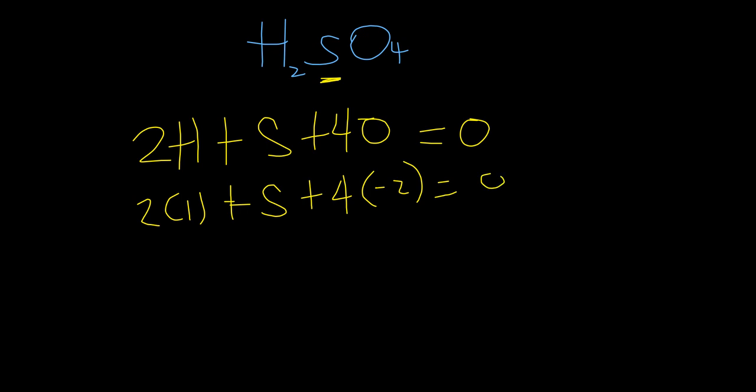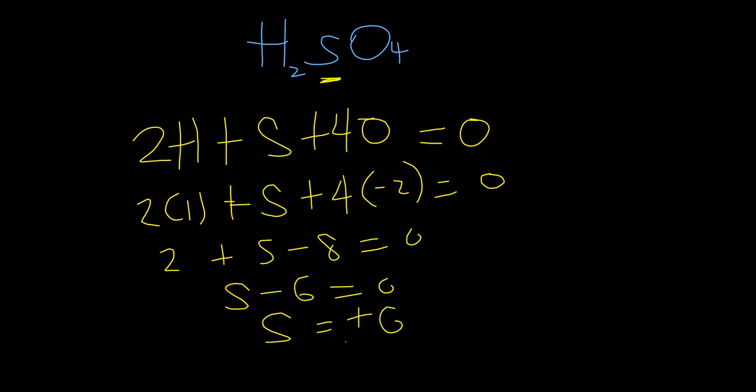This now becomes mathematics. We would use this to determine the charge of the sulfur. So this will give us 2 plus the sulfur minus 8. 4 times -2 is -8, equals 0. So our sulfur 2 minus 8 will give us -6, equals 0. So the sulfur will now have a charge of positive